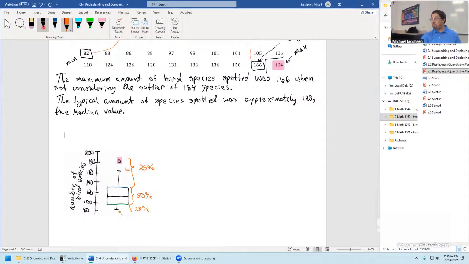Let's add that in, approximately. Between 100 species. So that's this lower end. And up here, I think we're approximating as 130 species.